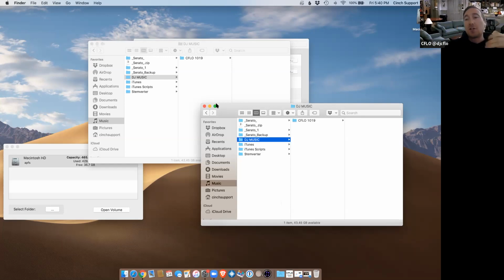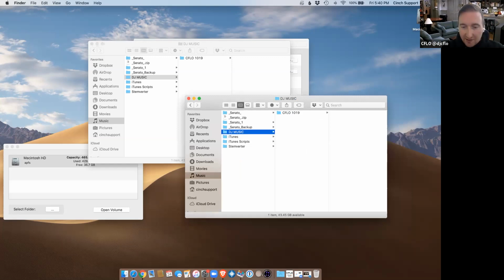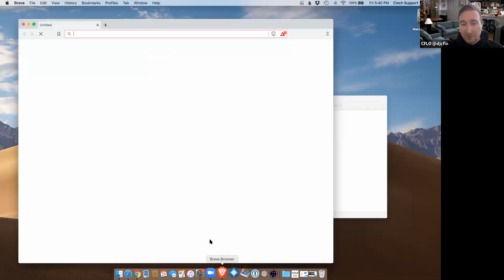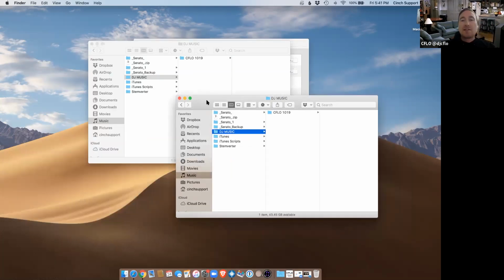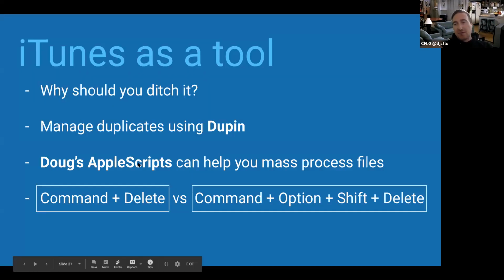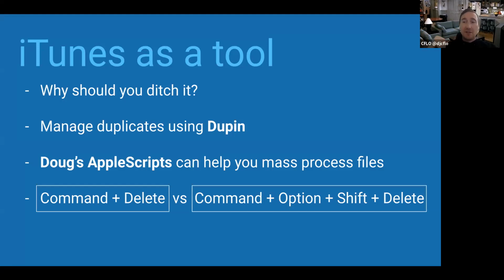The reason I wanted to show you iTunes and unfortunately cannot, let me close Disk Inventory and Brave, I guess. Let's see if I can get this going. Basically, there's this guy, Doug, who I'm going to plug here. Doug's AppleScripts for iTunes, which someone had asked about in the Q&A, are file management and ID3 management tools. This guy writes scripts that go through your iTunes. They use iTunes as the base application, and will go through and analyze an insane amount of stuff.